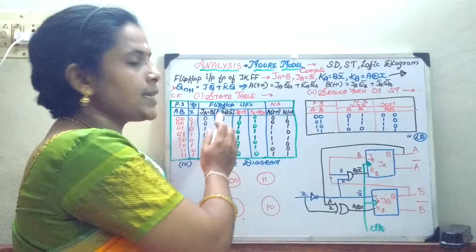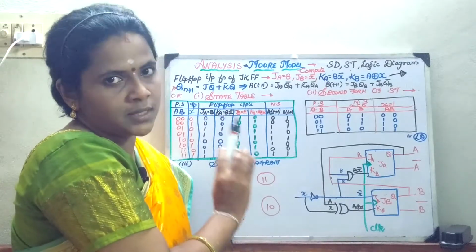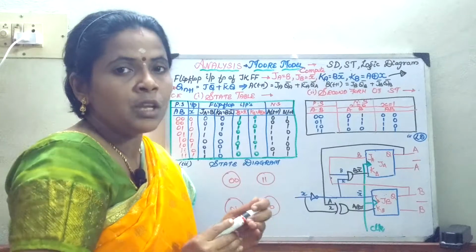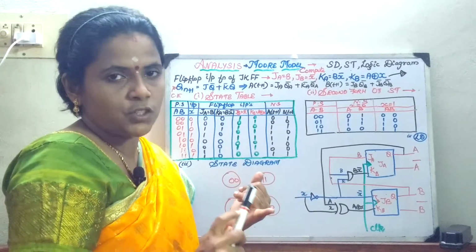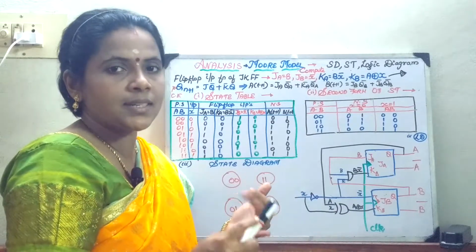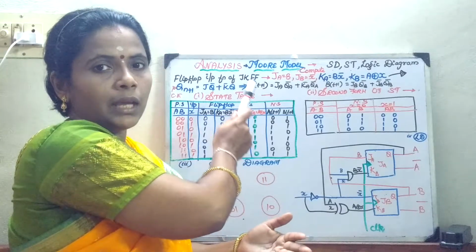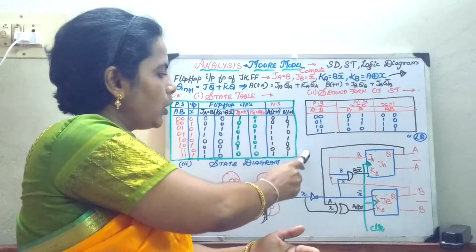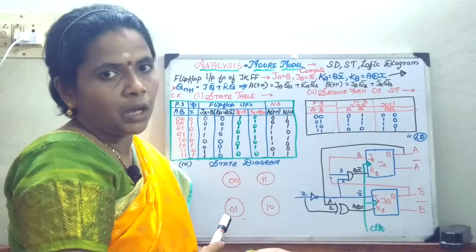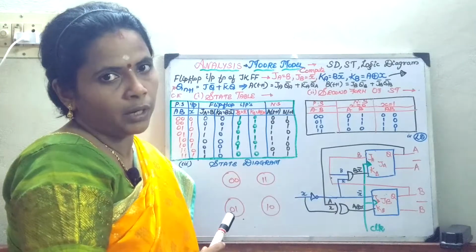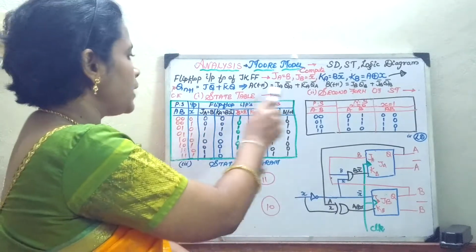So the first thing is that we have to compute the state table. What are the components that should be present in the state table? You require 4 things, generally: present state, next state, input and output. But since here it depends only on your present state, you will not take your output table into account. That is the difference between your Mealy model and the Moore model. Now let us analyze your state table.